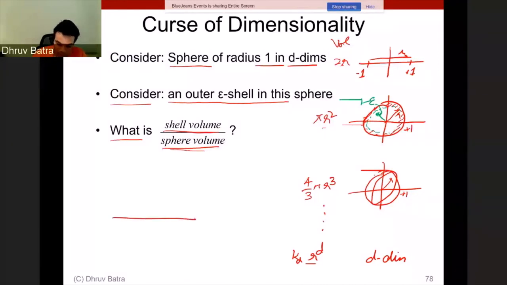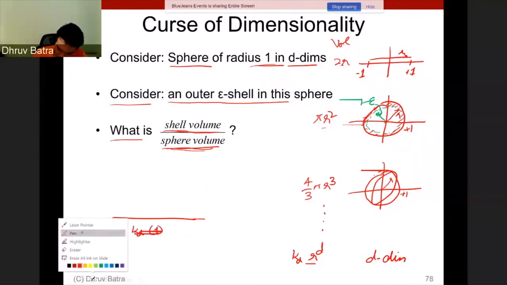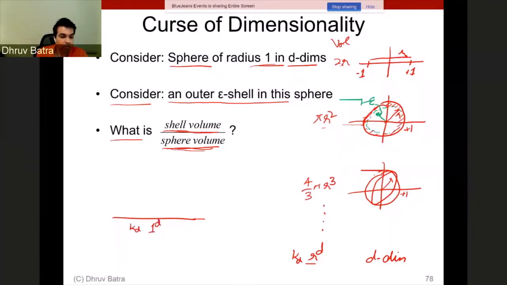And what I'm being asked is, what is the shell volume divided by the sphere volume for a sphere of radius 1? So let's just compute. K sub d times 1 to the d, that's the volume of a sphere of radius 1 in d dimensions. And if I have to compute the shell volume, I just do 1 to the d minus k sub d, 1 minus epsilon,